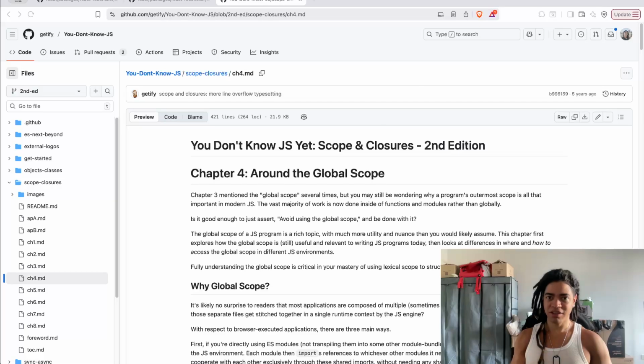And the relationship between these variables, the function and the block scope, are determined by the scope rules, which happens before